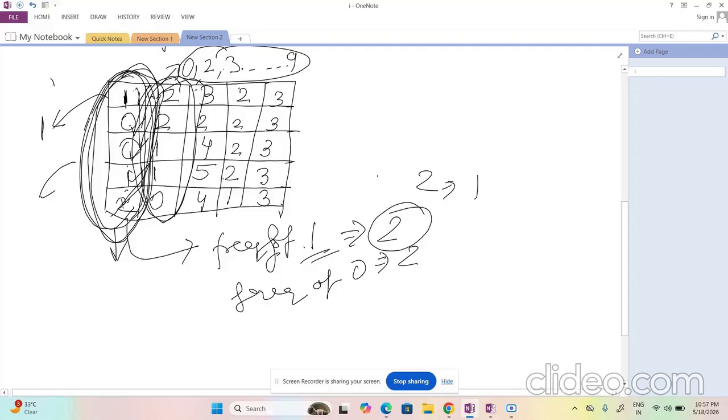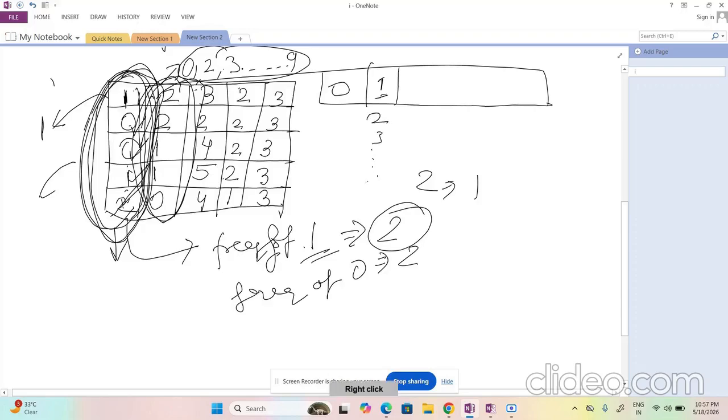For example, I have converted the first one as 0, okay. So the rest I can convert as what? The next one we can convert as what? We can put here 1, right? We can put here 2, 3, and so on till 9, right? But what we can't put here is 0, okay. If I have put here 1, then I can put here what? I can put here 0, 2, and so on till 9.